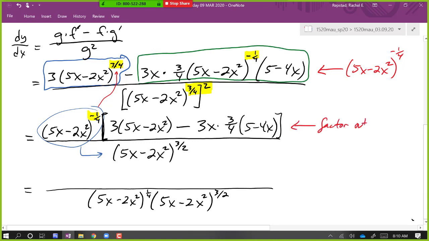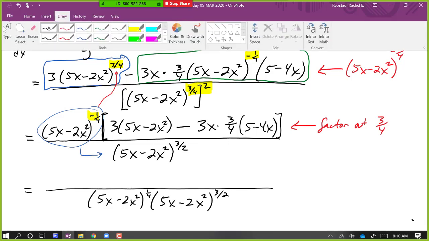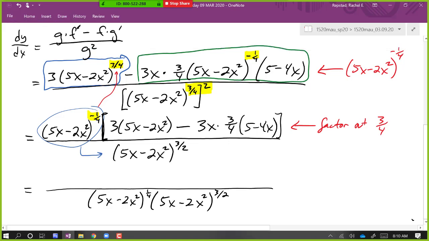There's no more algebraic factors. We can't take anything else out that's got an x. But I'm going to factor out the 3/4, just to help me end up with not having fractions inside of fractions. It just makes it look nicer, I think. So if we take out the 3/4,